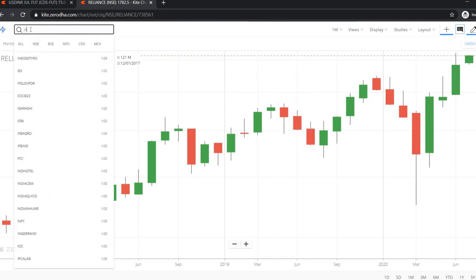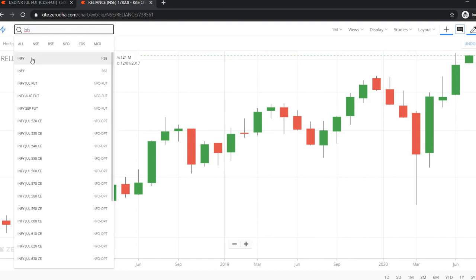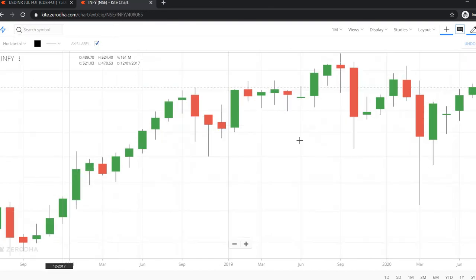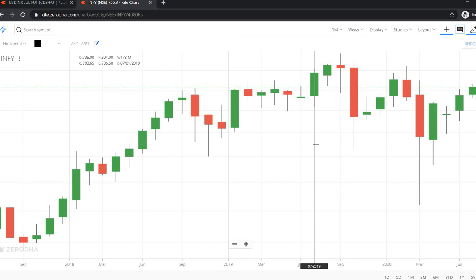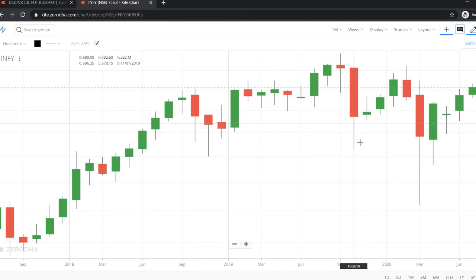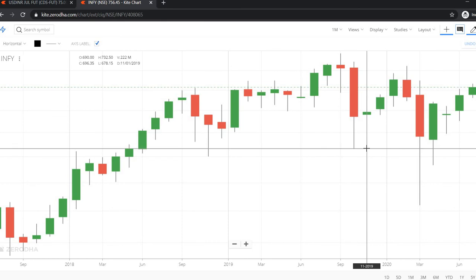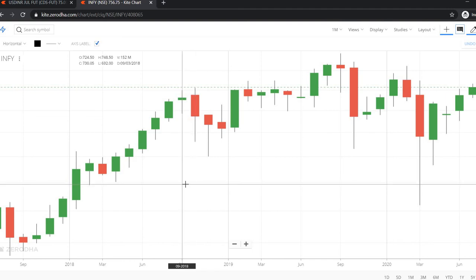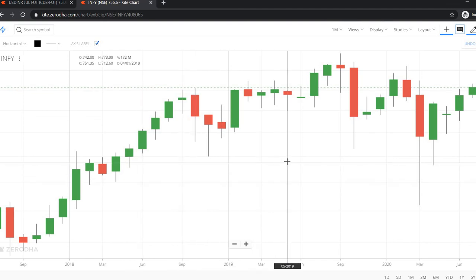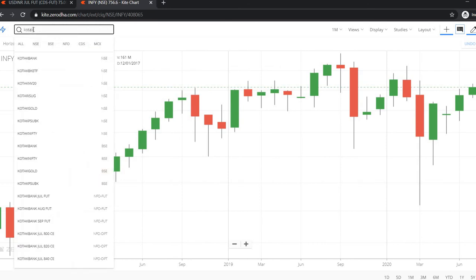Infy. This is for monthly traders. First you take a trade and just forget it. Whatever profit you get, at the end of the month you just exit it. You have to put a stop loss below the zone, in the down zone of the demand. So is there any way we can take up any trade here? No, for Infy, no. Let's move on to Kotak.